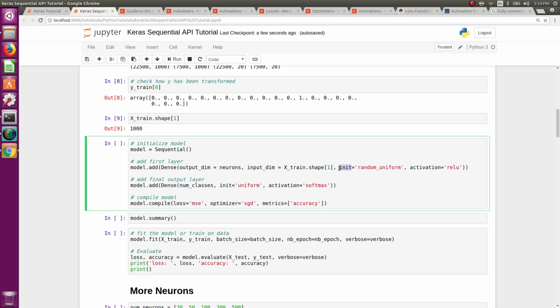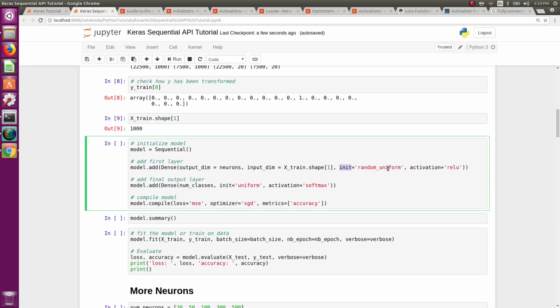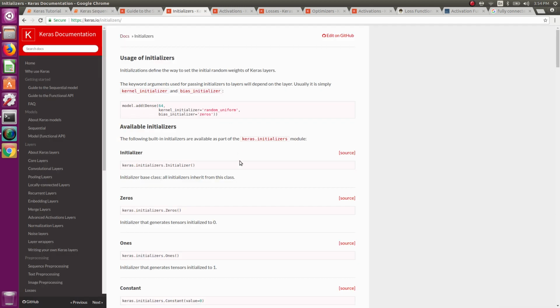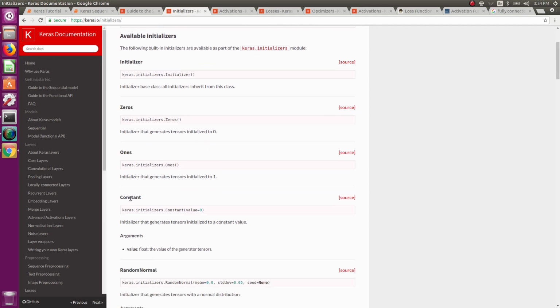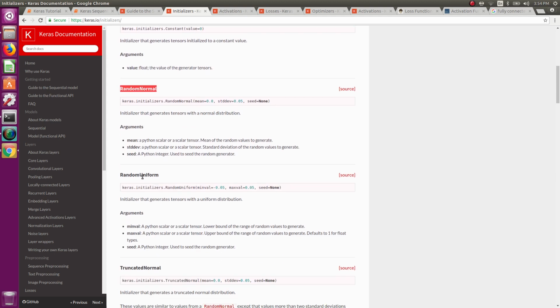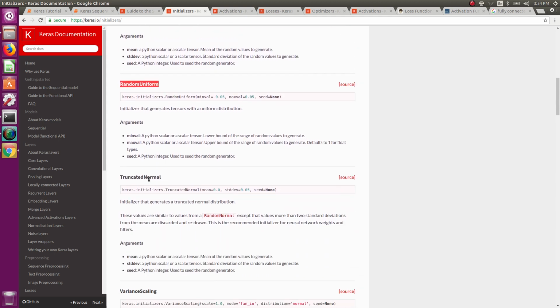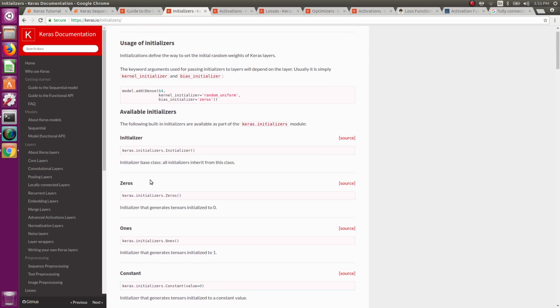to understand it itself. For the initialization of the weights, as we saw here, each of these is a weight matrix, and it will be initialized using a random uniform. There are other ways of initializing as well. For example, we can initialize to 0, to 1s, to a constant value, to a random normal, to a random uniform, a truncated normal, and so on and so forth. So there are multiple initializers,